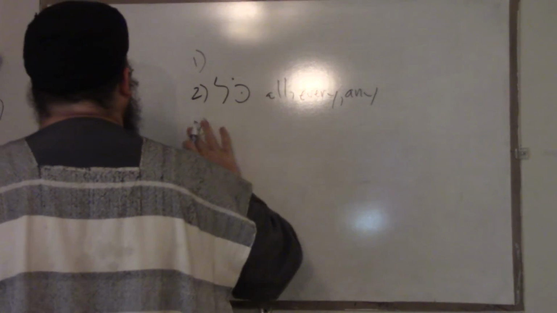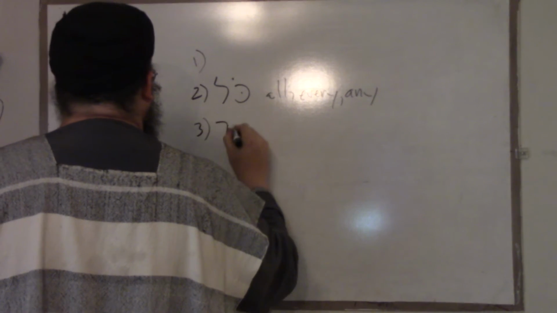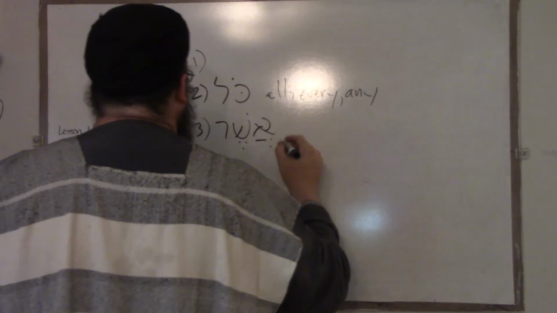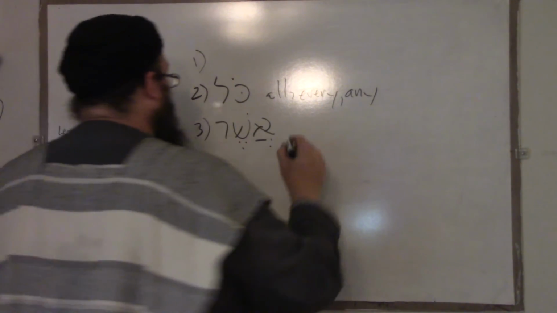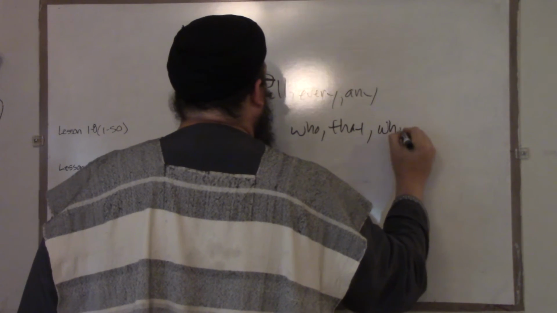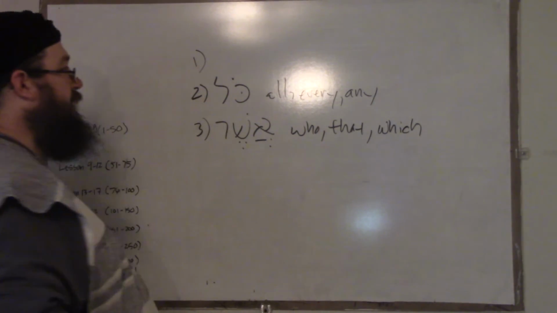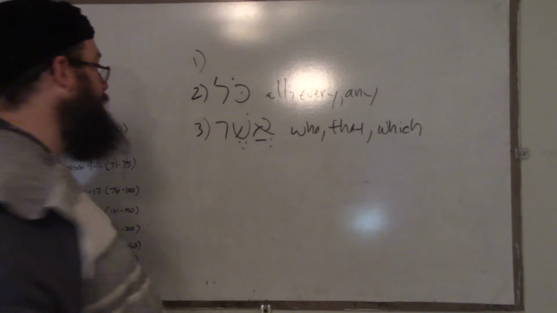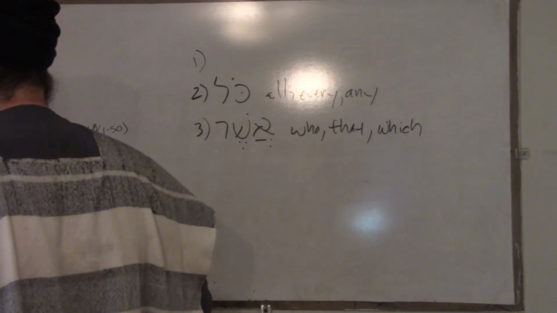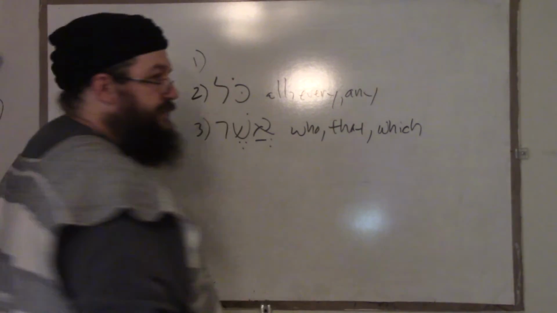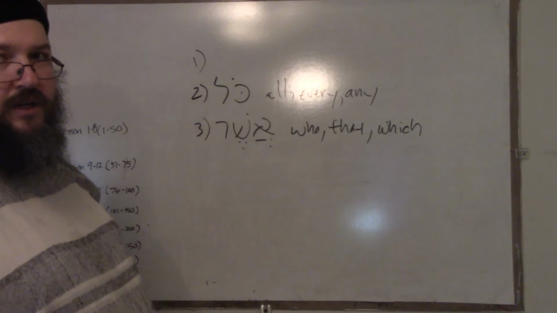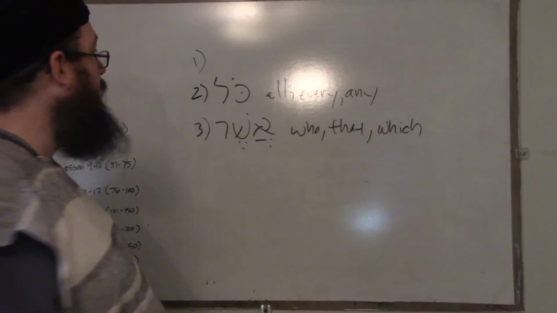Number 3, we have the word asher. Asher is a relative pronoun. It can mean who, that, in which. Asher. We're going to see how it's utilized, and you obviously can see by knowing these words you can kind of get an idea of who. Now remember, who, we're not talking who is the question, we're talking who is in the relative pronoun. Okay,